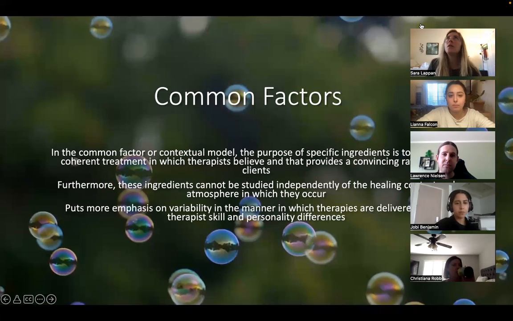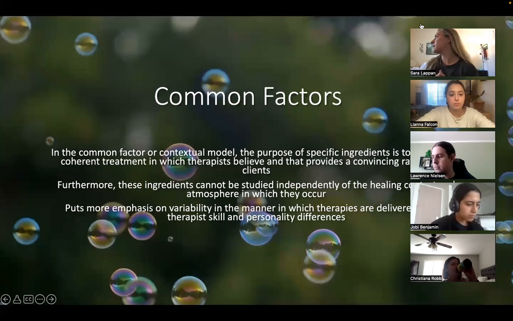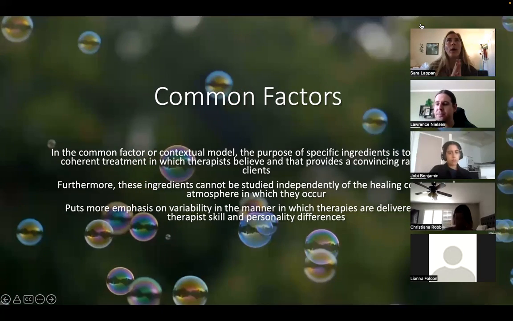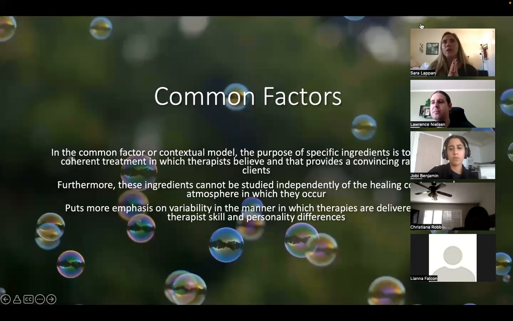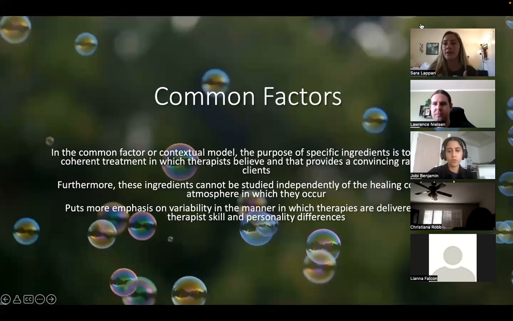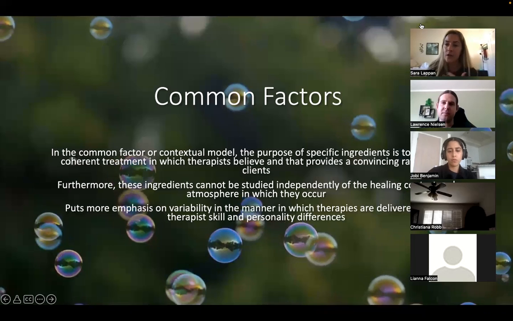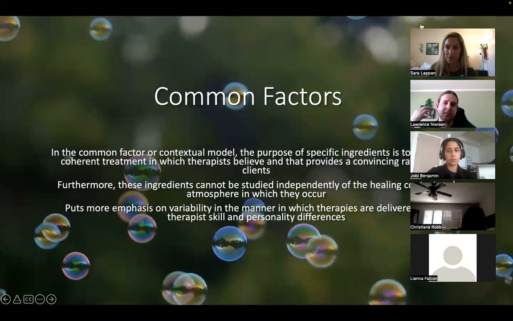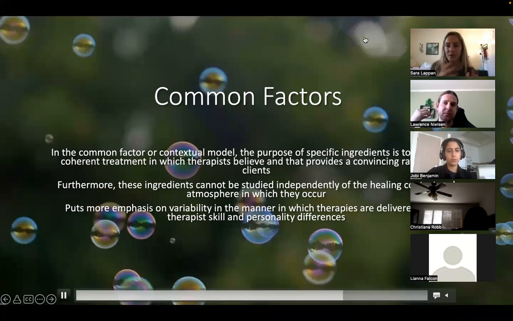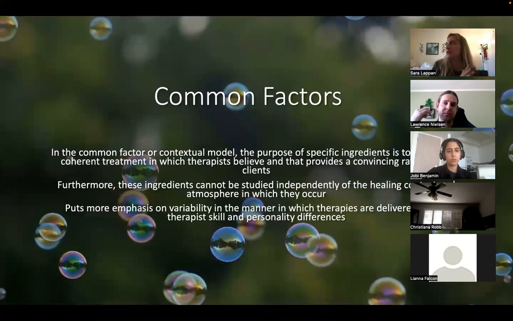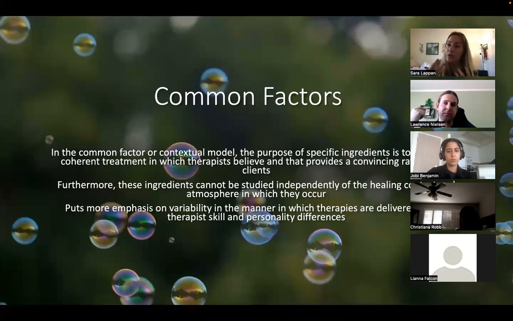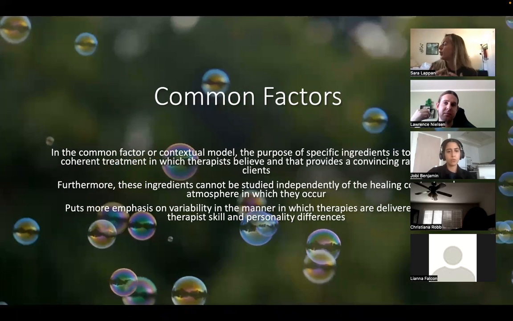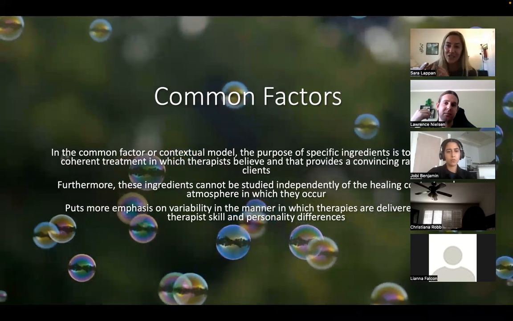Okay, so what is fundamentally different about common factors and any theories in specific is that when we're testing theories, you're trying to isolate the individual ingredients, like the individual interventions, to see if they're efficacious. We try to do effectiveness, but as you know, the difference is that effectiveness is real world, without any parameters or anything like that. And efficacy is usually in ideal circumstances.